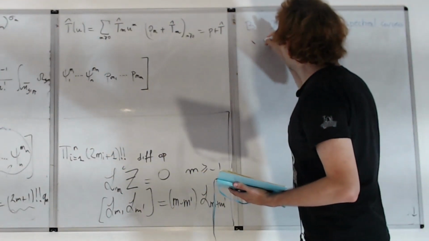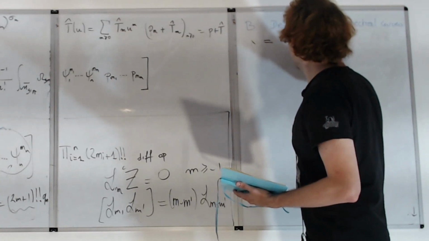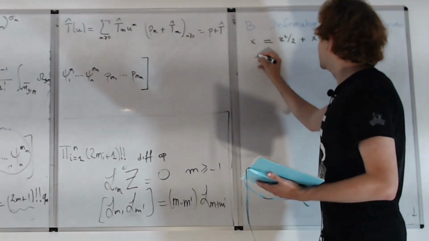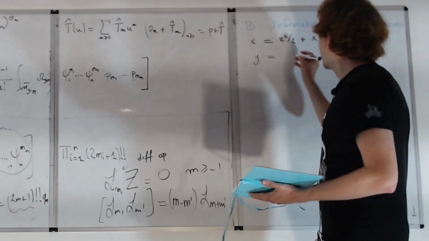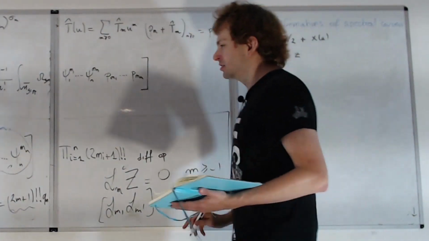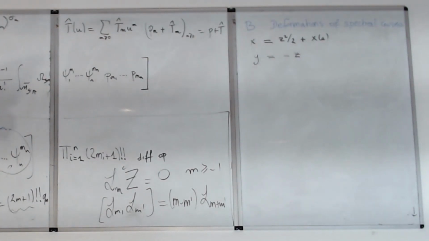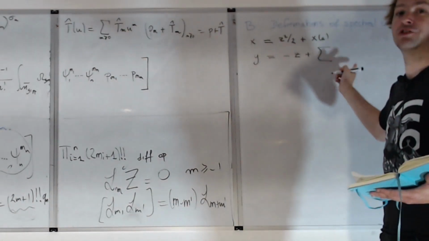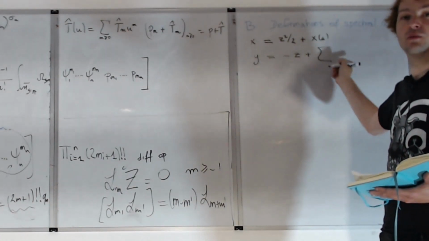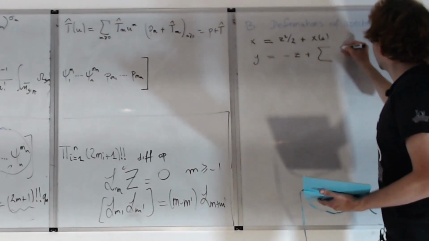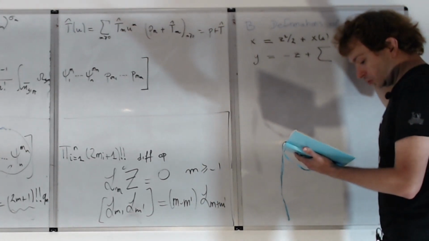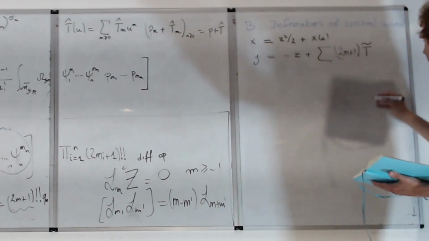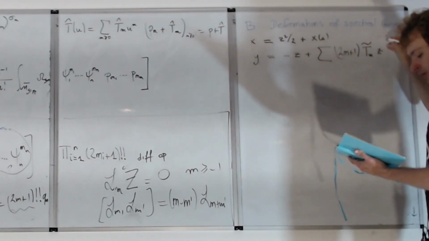So now let's look at the marginal spectral curve. I can still always choose my local coordinates so that x is like this. But then y is going to have some expansion. This expansion I want to see as a deformation, so I write minus z plus a full series. And that series may contain a z term as well. It just means that the coefficient here is not -1, it is what I put here. And so here I want to put, for the moment let's call that, t tilde